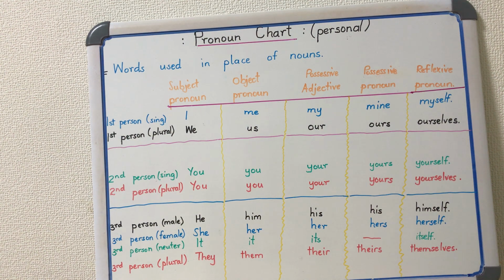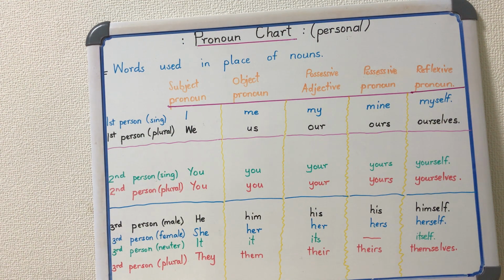Right. The third person pronouns in this group we have he, she, it. The he refers to a male person or male people. Not a male animal, no. We don't refer to them as he. We are talking of people here. He, object pronoun, him, possessive adjective, his, possessive pronoun, his, and the reflexive pronoun, himself.